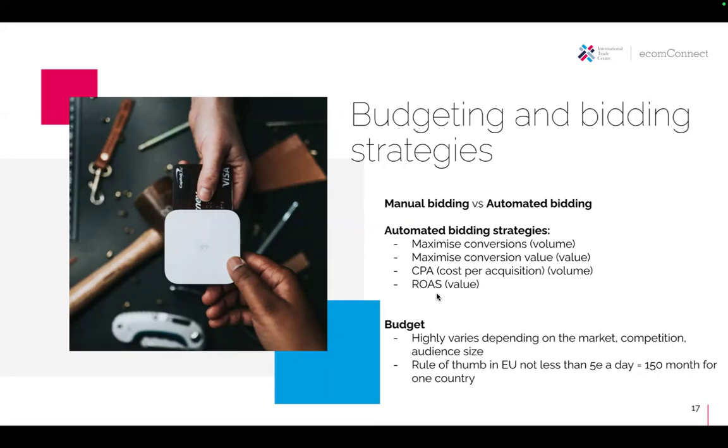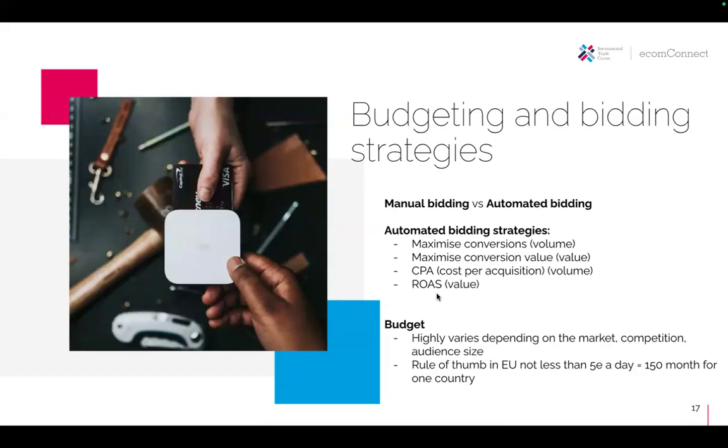Budget is something that always comes up, and I wish I could give you a clear answer on how much you should be spending, but it varies a lot depending on your market, your competitors, your audience size, your products. So it's almost impossible to say how much to spend.